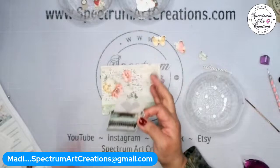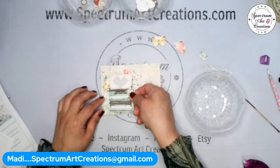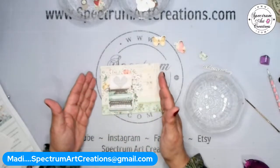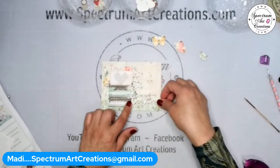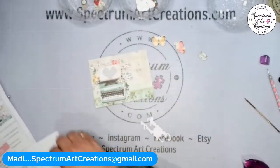And we had talked in our previous classes about what I call the Maddie pyramid, right? Where we go from large to small. Well, guess what? This is no different. You notice we started large, then we're getting smaller and smaller and smaller, right? Same thing. All right, we're going to need some dimensionals on here as well,